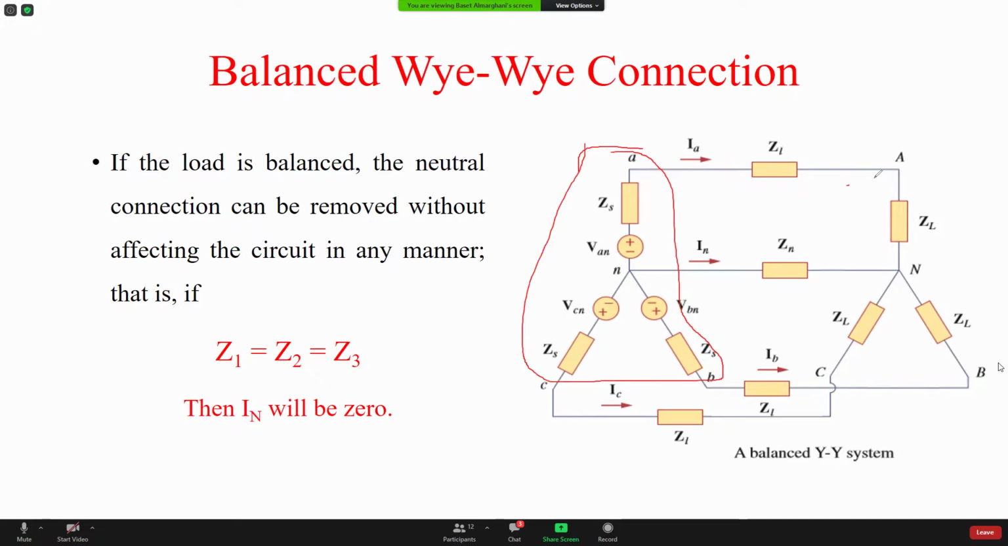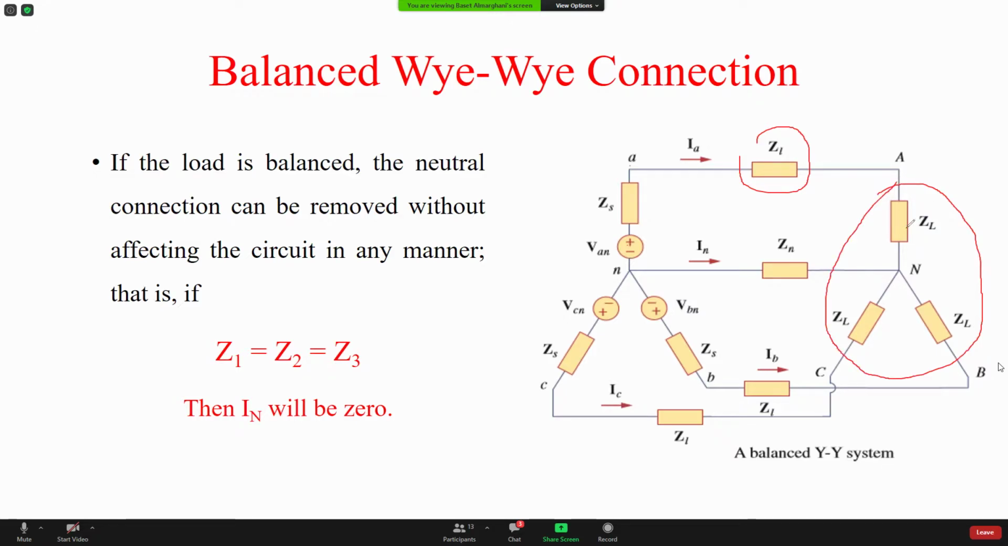The load is connected Y, and there is a line in between. So it cannot be more complicated than this in a YY connection. What you have is the source with its internal impedance. Sources sometimes have internal impedance, and it's considered in the calculation. The transmission line, the line between the source and the load, has an impedance, and the load has impedance